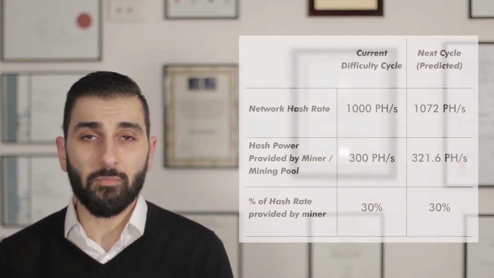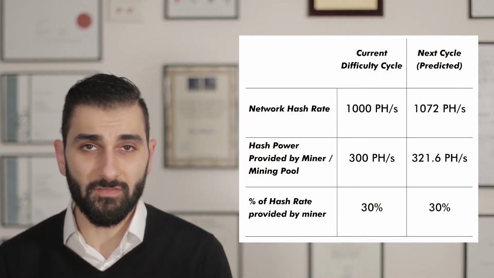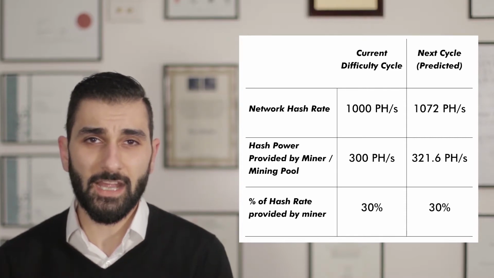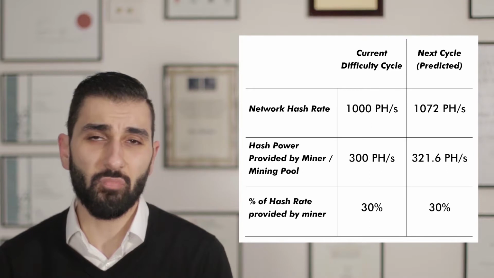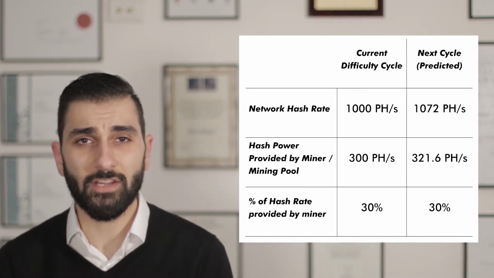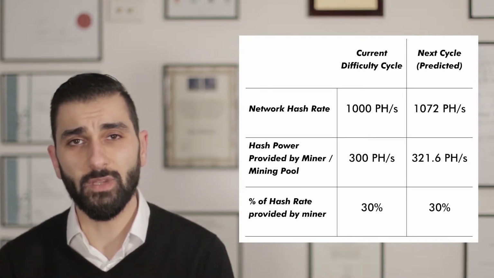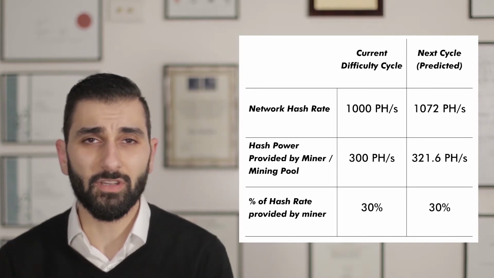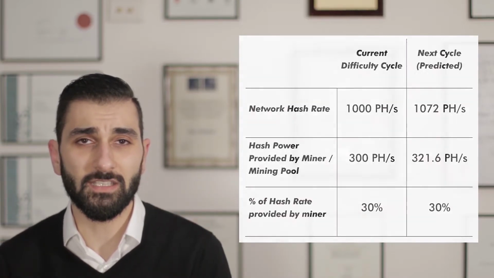Capex is the capital expenditure required to maintain a proportional share of mining rewards upon an increase in difficulty. The best way to explain this is with an example. Let's say that a mining pool currently controls 30% of the network with a hash rate of 1000 petahash per second. The miner forecasts that hash rate growth for the period will be close to 7.2%, resulting in a total hash rate of 1072 petahashes. Therefore, in order to maintain their 30% of the network, they need to bring on an additional 21.6 petahashes of power for the next difficulty cycle.